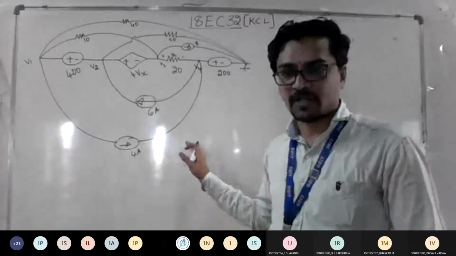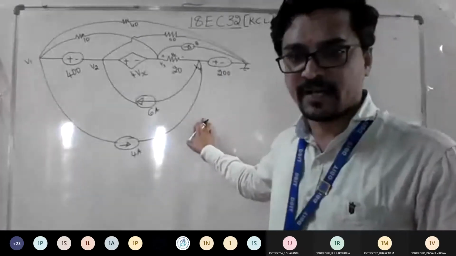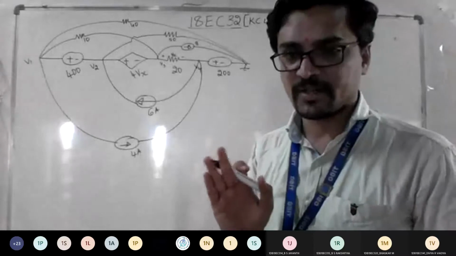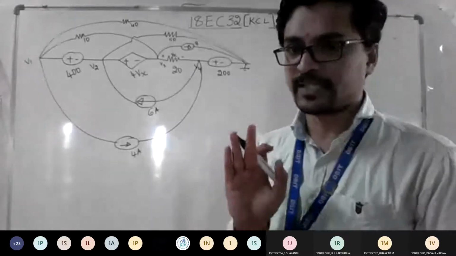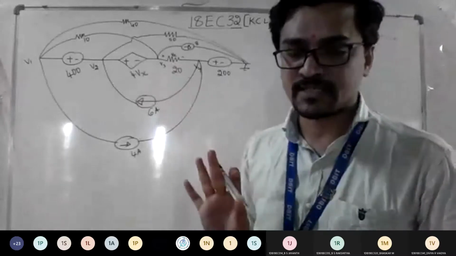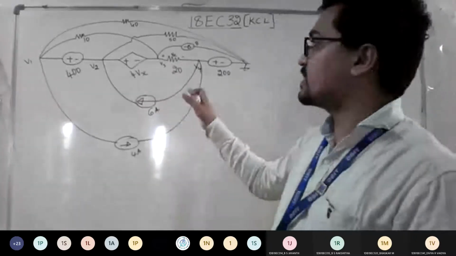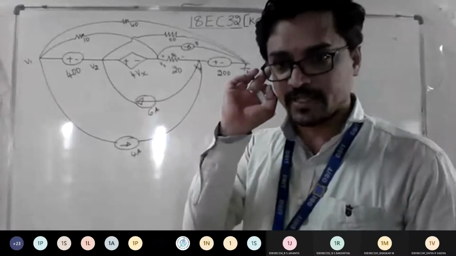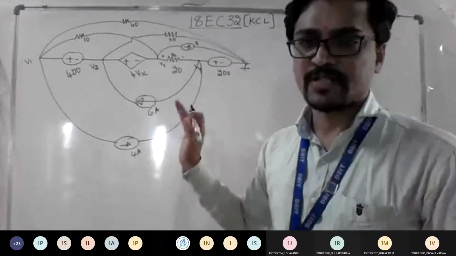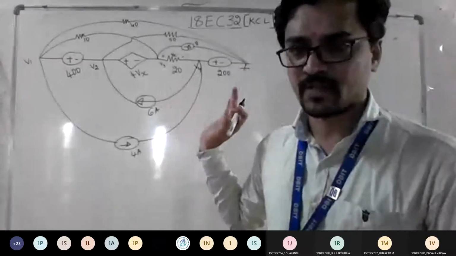See, whenever a complex type of problem is given, don't put yourself in a panic state, okay? Just keep the logic, the procedure and the concept clear. How many nodes are there? Whatever connections they give, don't worry about it. Just stick to the procedure. By looking at the circuit, you will feel, oh, this is such a big circuit, right? If you keep solving step by step, you'll understand this is not a complex one. This is a simple one only, right?